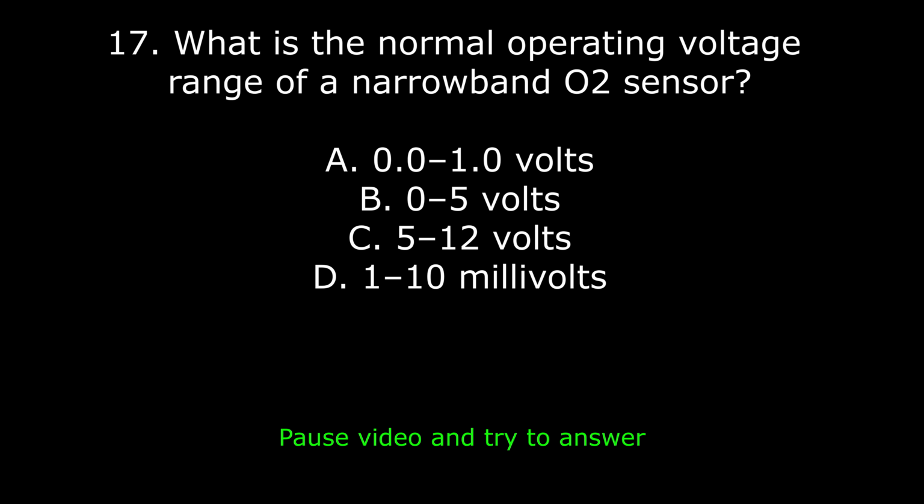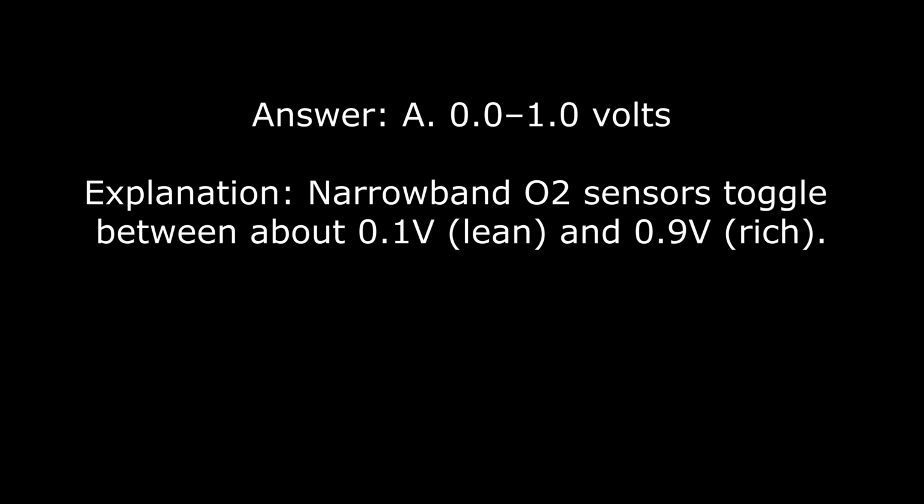17. What is the normal operating voltage range of a narrowband O2 sensor? A. 0.0 to 1.0 volts, B. 0 to 5 volts, C. 5 to 12 volts, D. 1 to 10 millivolts. Answer: A. 0.0 to 1.0 volts. Explanation: narrowband O2 sensors toggle between about 0.1 volt or lean condition and 0.9 volts or